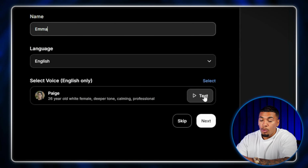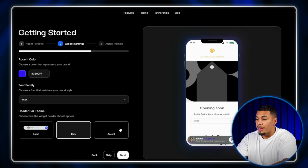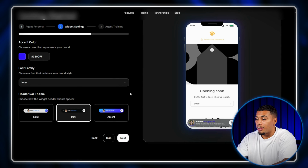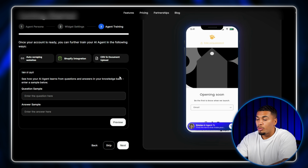Also, you wanna make sure to always test out her voice over here, as this will be one of the most important features of this tool. Now, once everything looks great, go ahead and click on next, and then you'll be directed to customize the design. And the main thing you're just trying to do here is make sure it matches your store. No need for any type of flashy design. From here, go ahead and click on next, and you'll be directed to the last step, which is training your